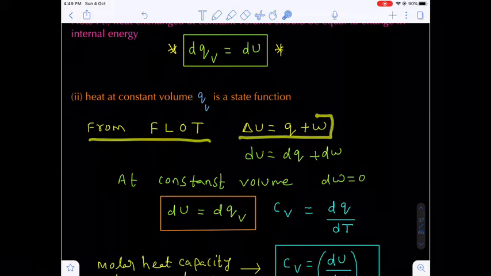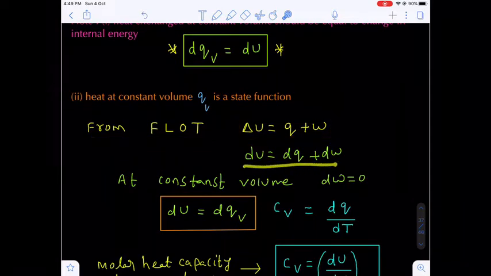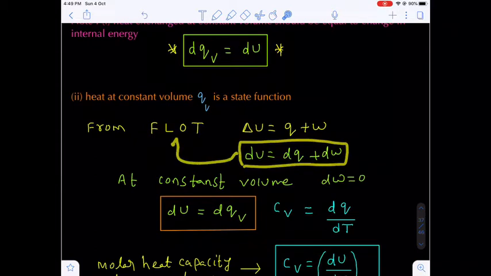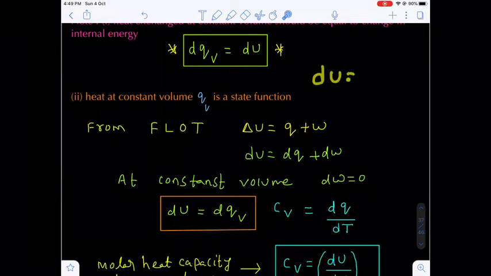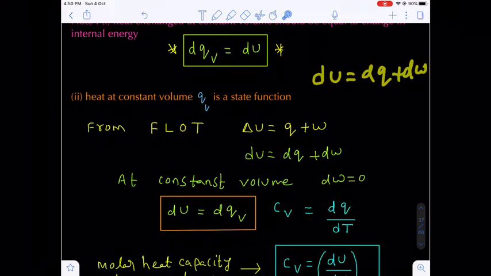So here delta U is equal to q plus w. Otherwise, if you take the differential form, dU equal to dq plus dw. This is the first law of thermodynamics. What is the first law of thermodynamics differential form? dU equal to dq plus dw. Okay. Now next